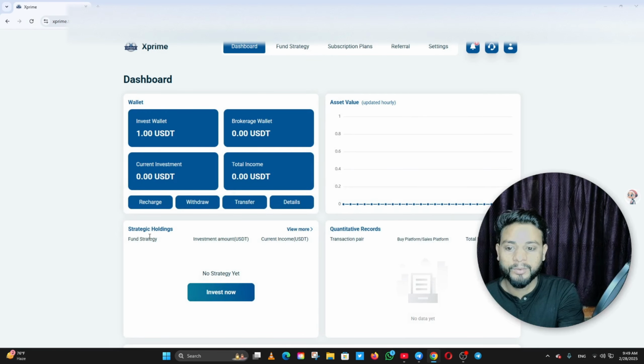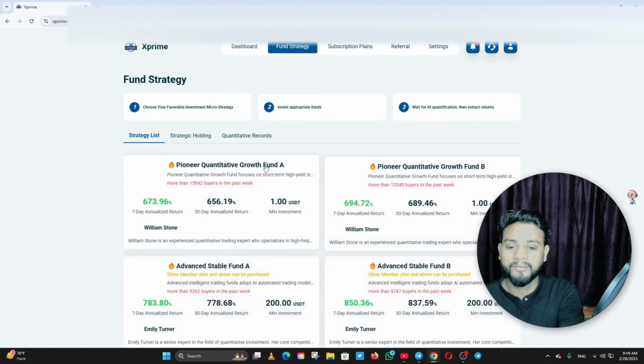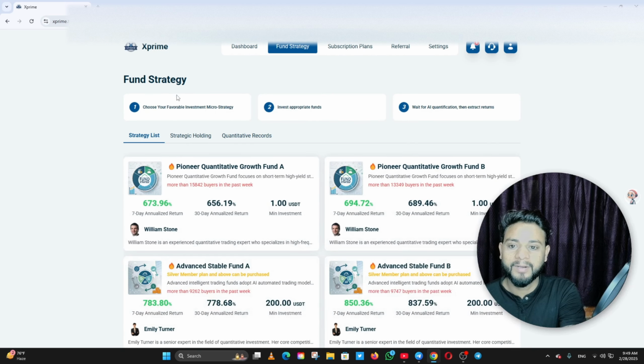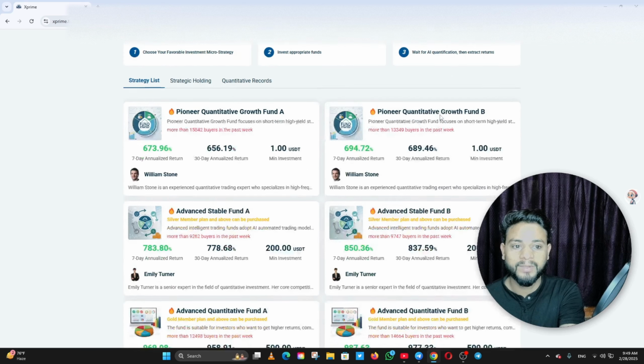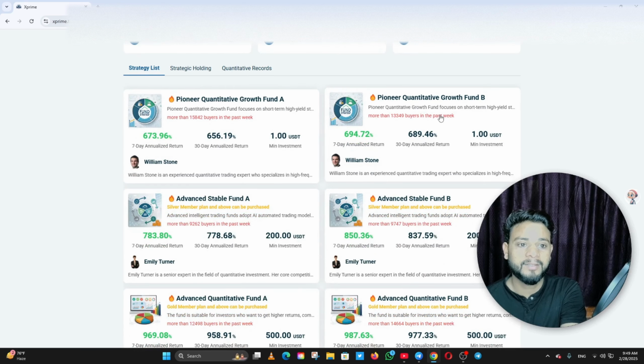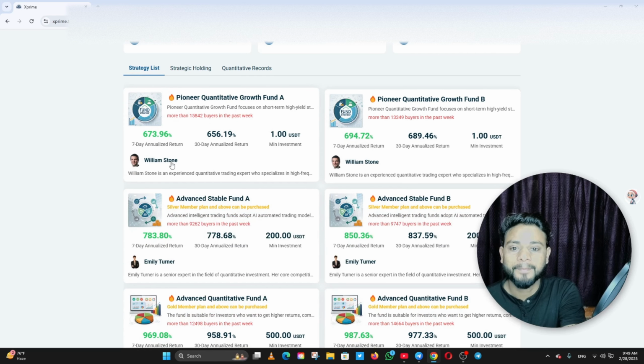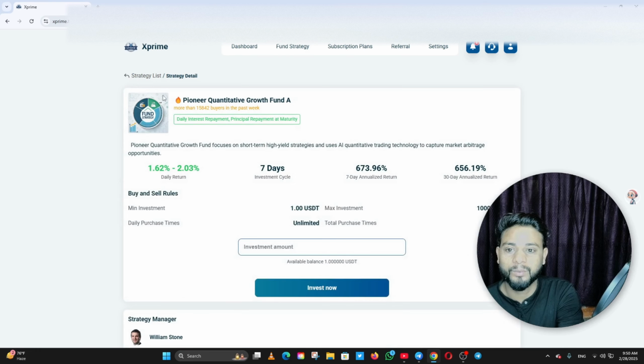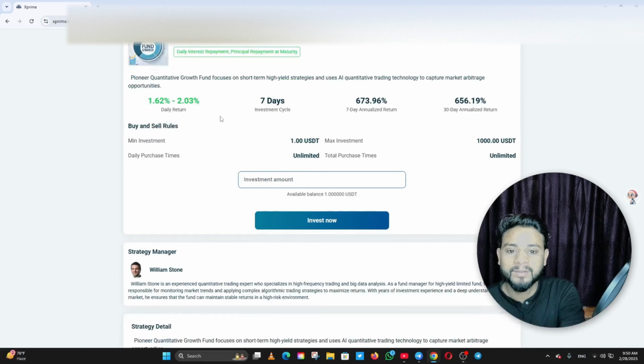And now I will show you how to invest. So this is the invest, now you can invest. And here are the fund strategies, invest in an appropriate fund, wait for the quantification, then extract the return. And here you can check the minimum investment of $1. So here you can check the pioneer quantitative growth, 1 day, 7 days investment cycle, 7 days annualized return, 30 days annualized return,